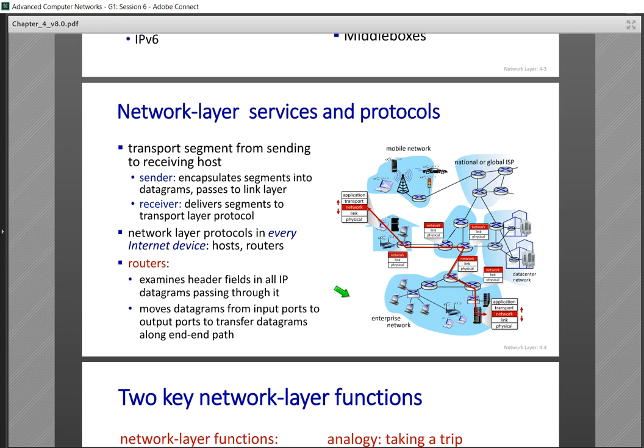So the network layer is responsible to deliver packets to the destination. Okay,